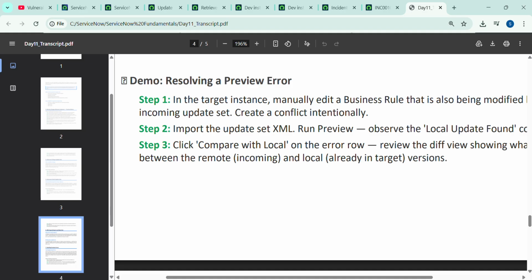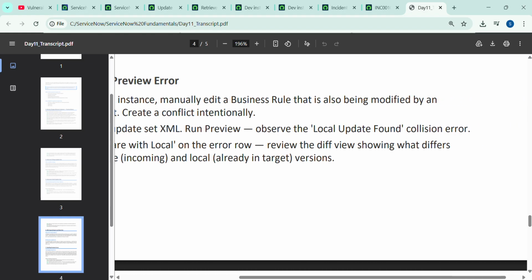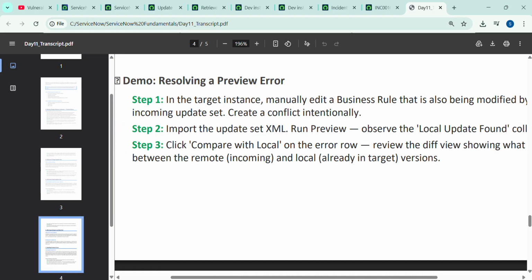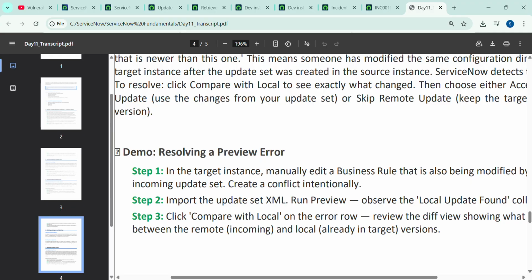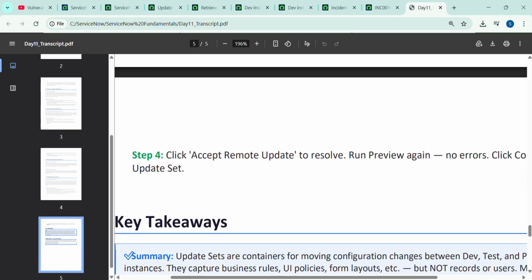If you have the PDI open, just manually edit a business rule that is also modified in the incoming update set, and import that update set in the instance. Then you can observe, when you run preview, this local update found collision error. Then you have to click compare with local on the error row. Okay, from there you have to select whether you have to skip that, or continue with the remote update, like accepting the remote update. Okay, so yeah, we are done with today's